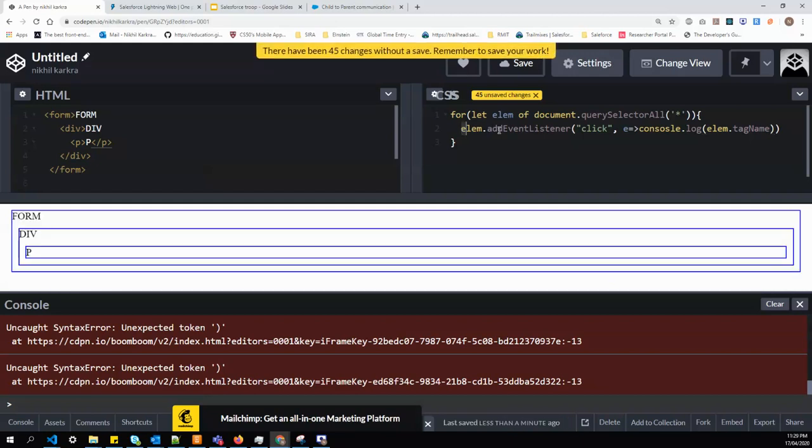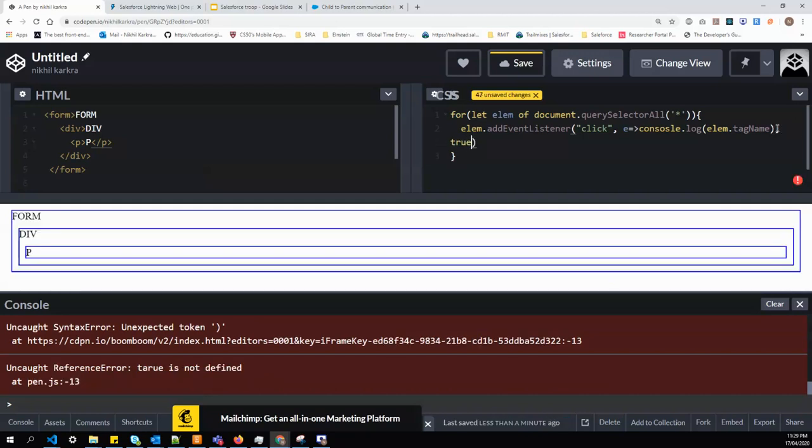By default this event listener is in the bubbling phase, but if you pass the third parameter as true, it will convert it into a capturing phase.